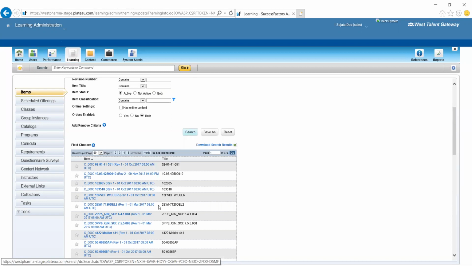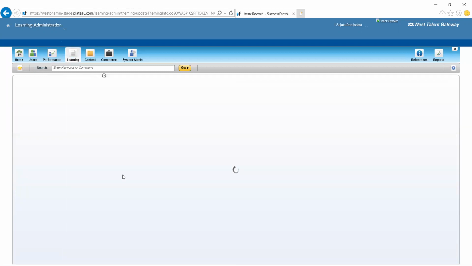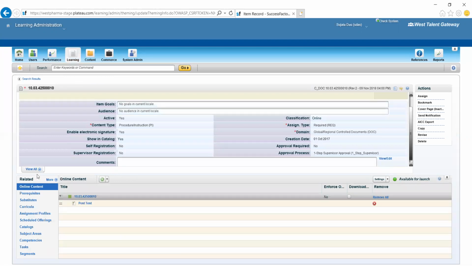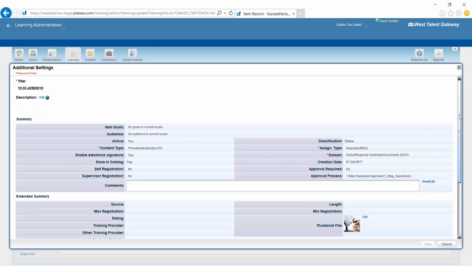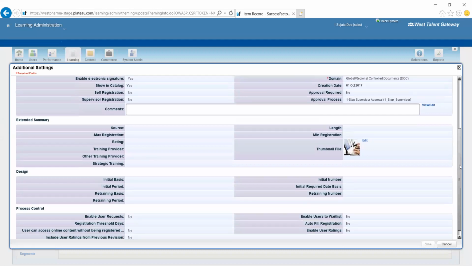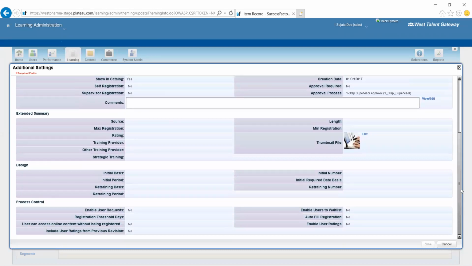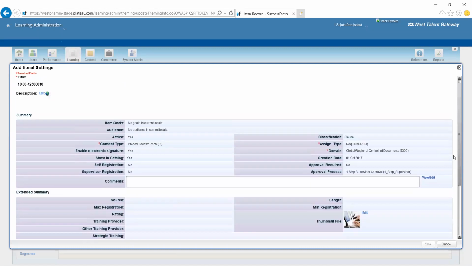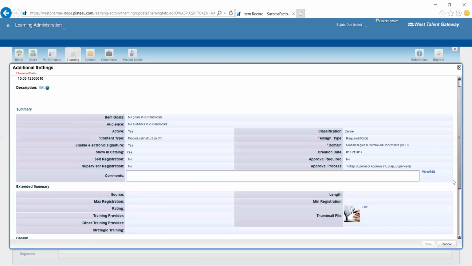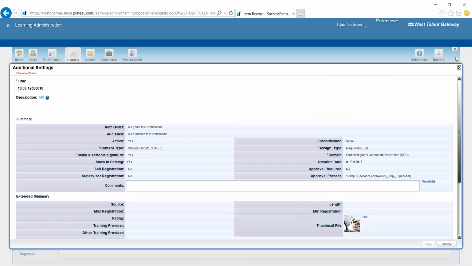If I go to a specific item and view all, I think they have customized it and removed it. Otherwise, there will be an option here to create and attach competencies.